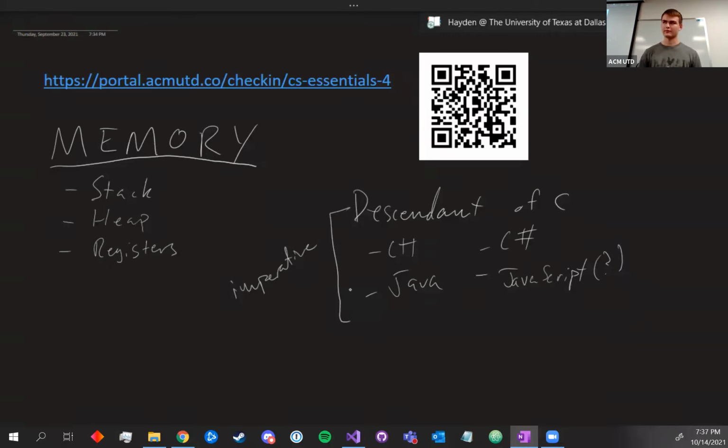I don't have almost any experience with functional programming, which is the other big paradigm. In that one, though, memory tends to be something that you, as the programmer, don't really think about. You rarely have the ability to think about it. It's more like specifying computations, and the computer figures out how to perform those, and it sorts out all the memory for you. But in these imperative languages,